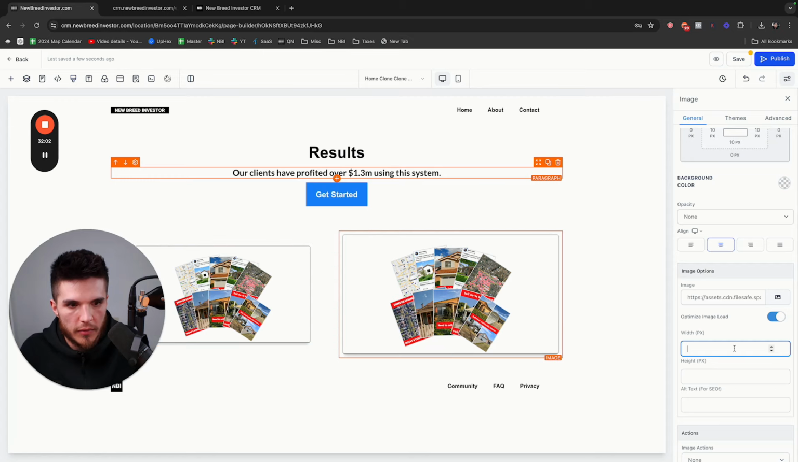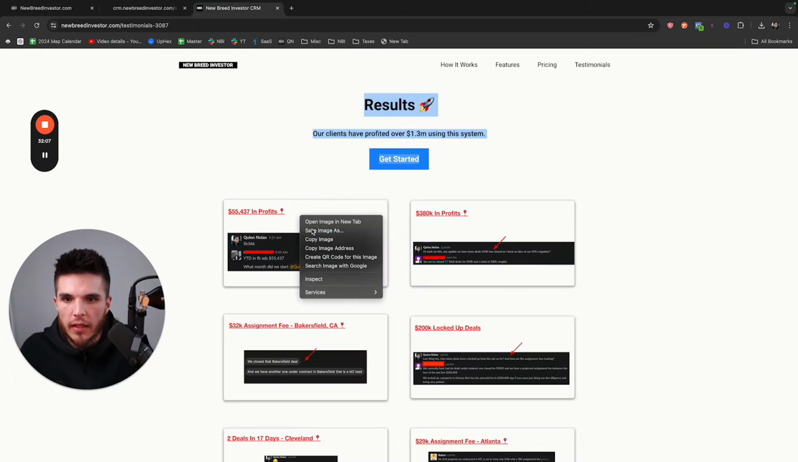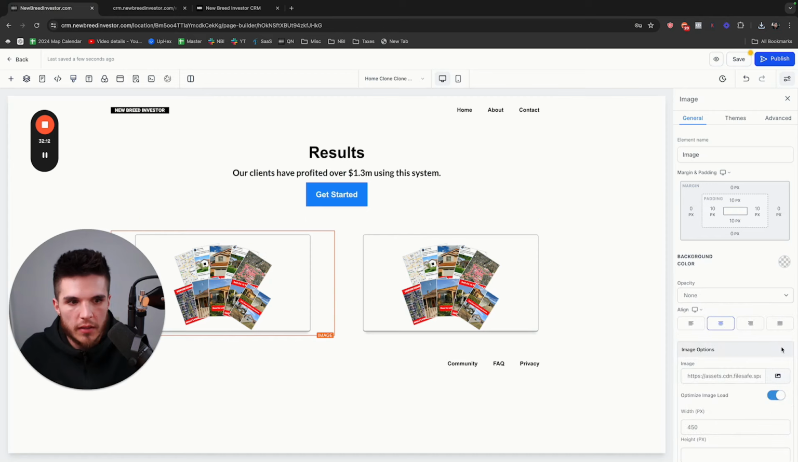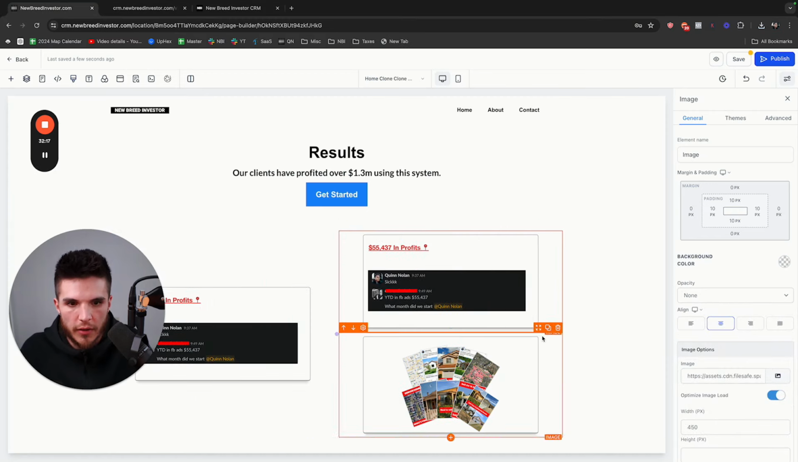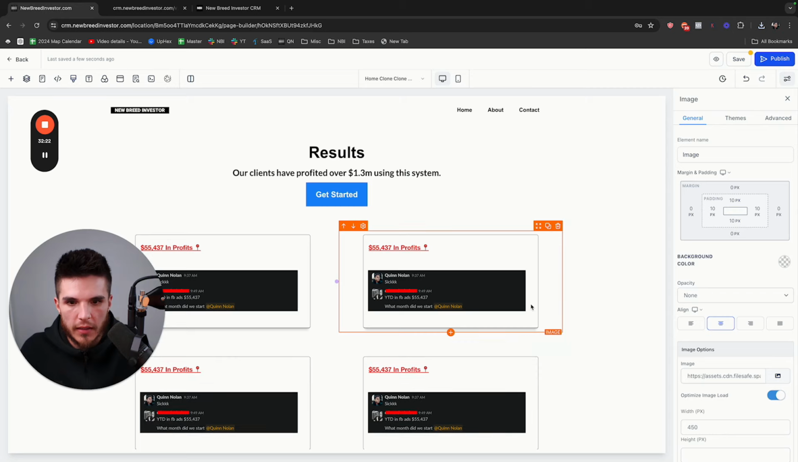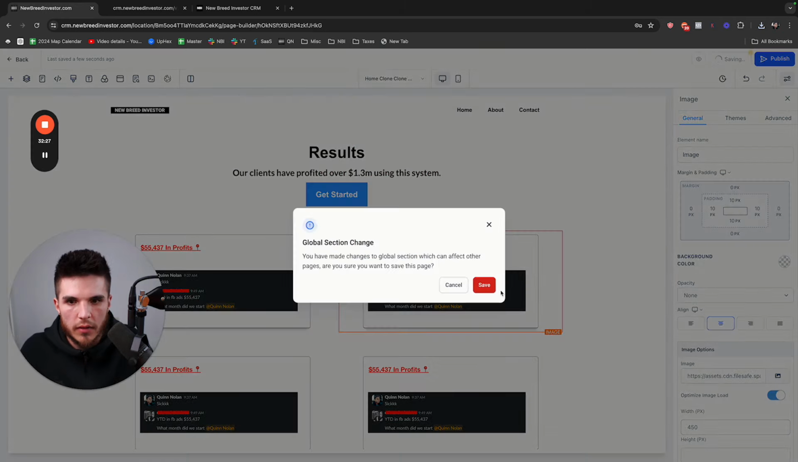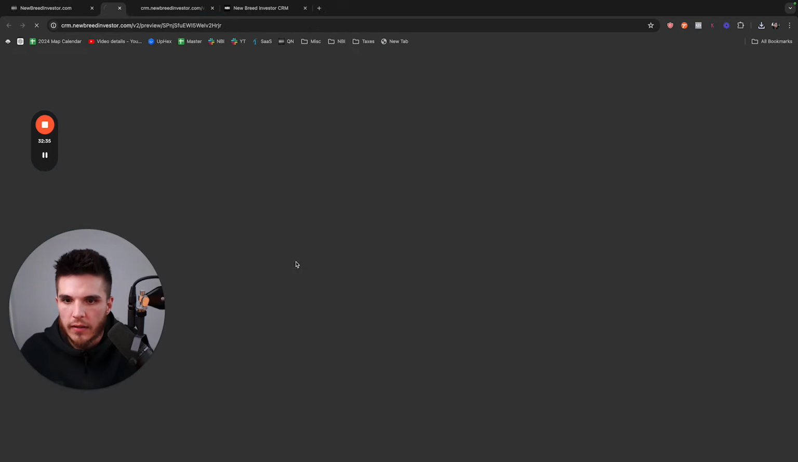450 is probably fine. And then what you do is you screenshot your testimonials, and then you just upload these. And there you go. And then you can just duplicate that over there. And then as you start to add testimonials, you just duplicate these, and then you'll have your wall of testimonials. So still don't know why it's saying that's a global section, but if we go back here, we'll see our